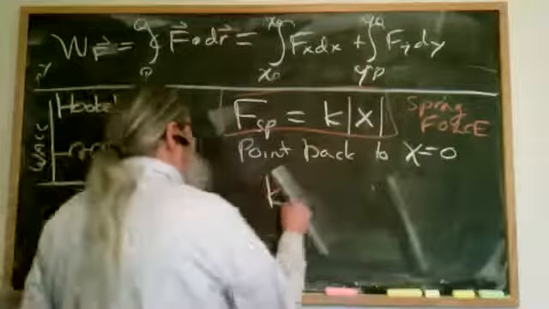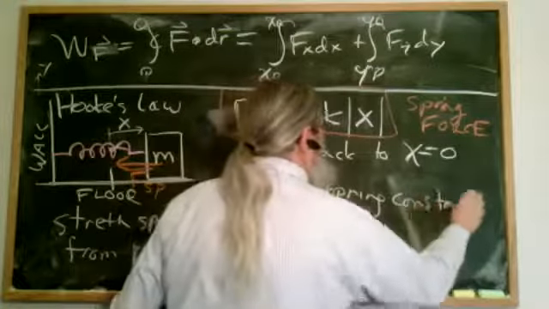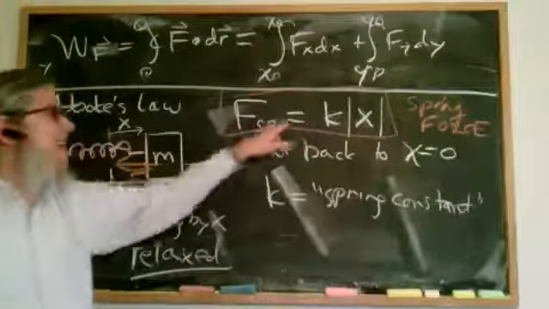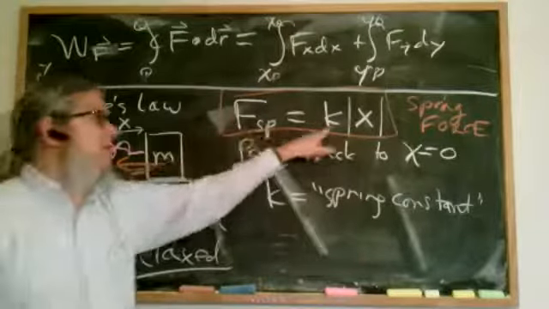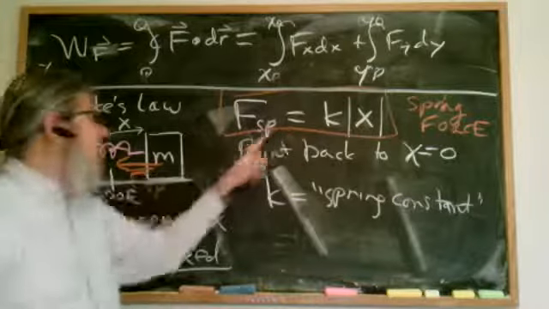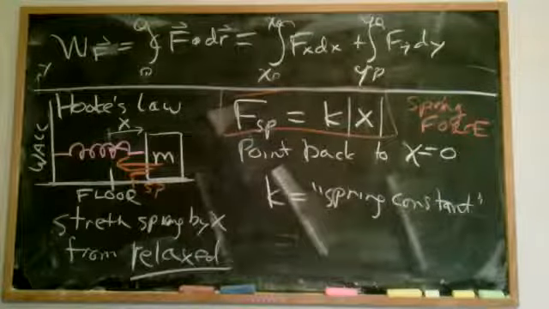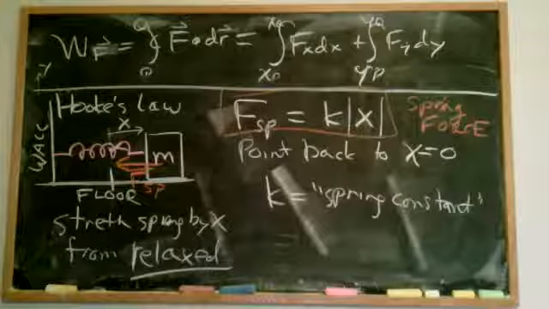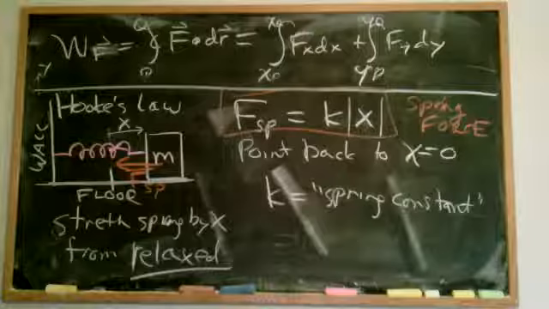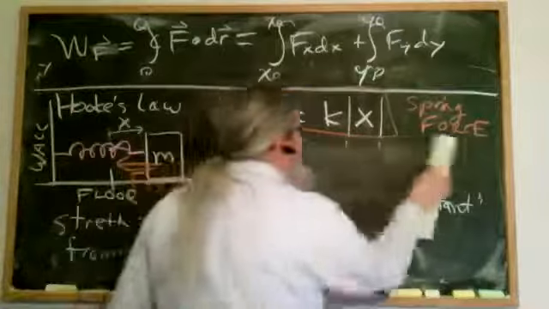And this thing k is called the spring constant. It's just a constant that, generally speaking, will be given to you. It has to do with how stiff the spring is. The bigger k is, the larger the force for the same displacement. So a wimpy spring will give you a low force. A stiff spring will give you a strong force. So that's a new force that's on our course menu. It's now known. It's a contact force in the sense that it depends on being in contact with the spring. So I have that force. What can I say about the potential energy of that force?